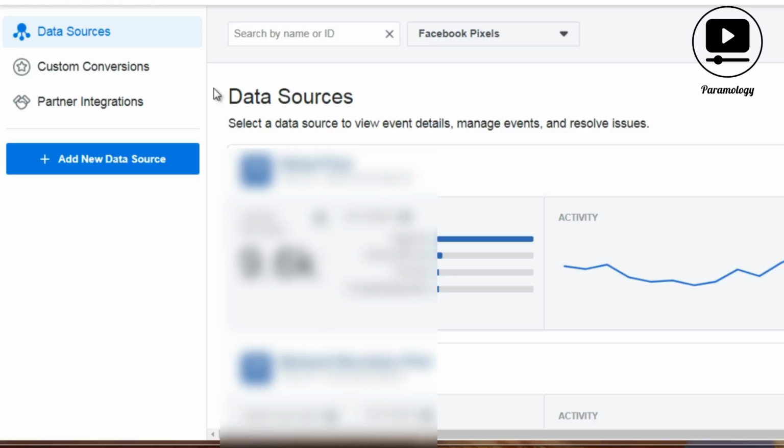Now, bear in mind that the user interface can change, but a lot of times it will be the same in terms of what to access and what you have access to. So really what you're interested in are the pixels. Right now in this account, you can see that I have several pixels, and we can get an idea of the traffic that is going to them, the standard events,